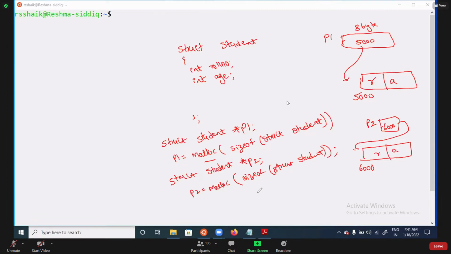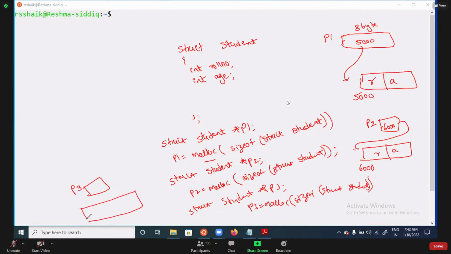If I need to store another student, then you need to take a struct student star p3, then p3 equal to malloc function, sizeof struct student. So what is happening here? Did you observe or not? Whenever I'm going to store bytes of memory for the students, every time I'm going for a pointer and dynamic memory.